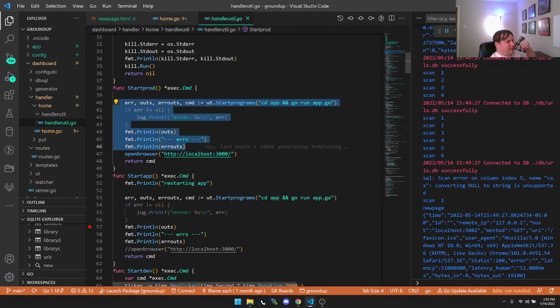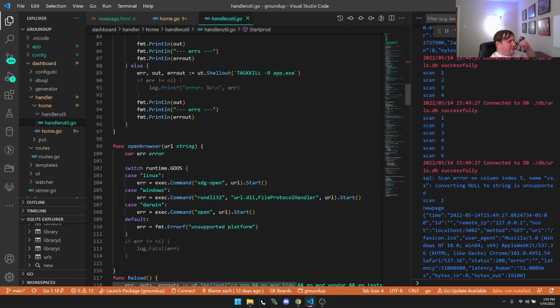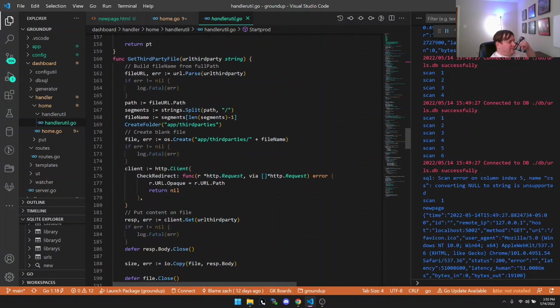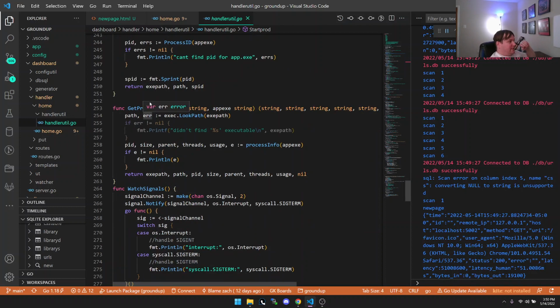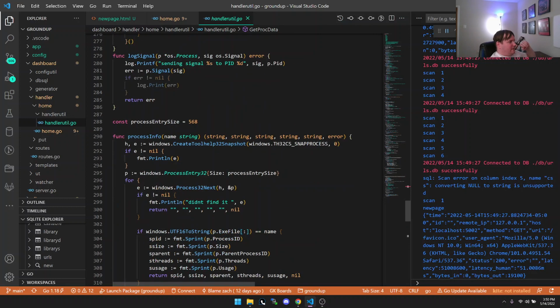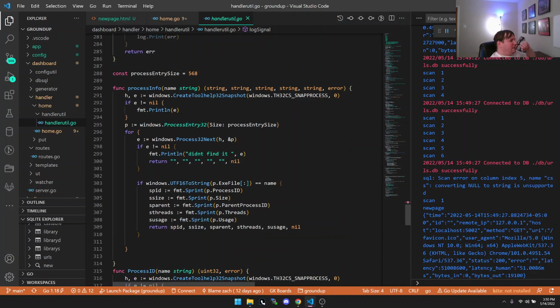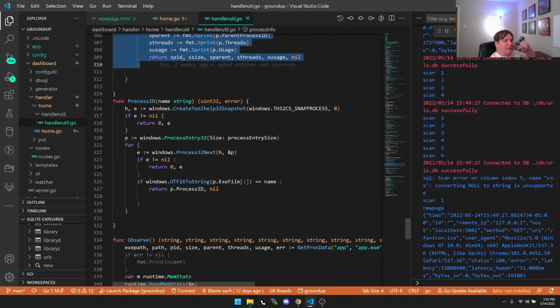And then it runs a bash thing in order to run the app, and boom, opens up the browser window if you want to. I have quite a bit of functions that if you want to use them or do whatever, you can. Check if it exists, get proc data, log the signal of the processes, which I don't use, but you could if you want to get that intricate with it. Get the process info for all the memory stuff and all the processes that run on Windows. Really easy, one function. Well, a couple, because you get in the process ID and stuff, but